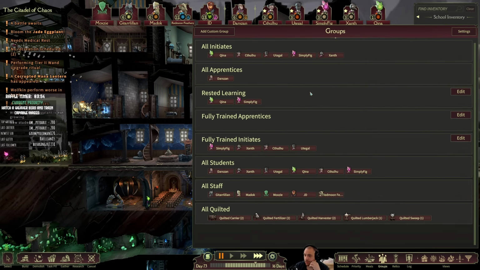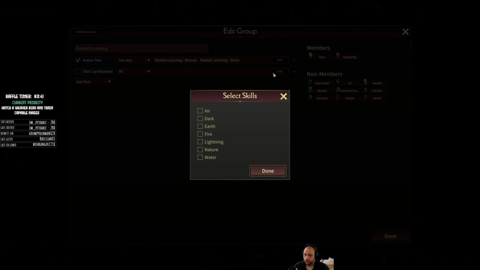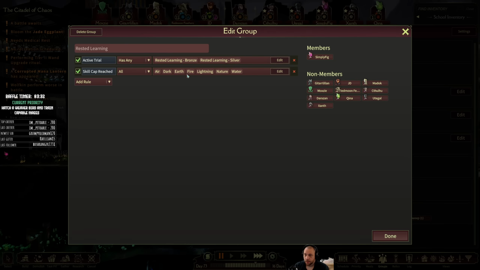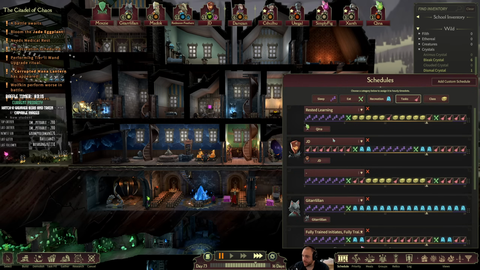Oh, there's actually one more thing I should do in there. Add rule, skill cap, reached, not reached, or all. Right, they don't need a special designation. So skill cap, none of that. Because once they're skill capped, they don't need a rested learning schedule. It doesn't make any sense anymore. So now it's just Kina, or whatever her name's going to be. Alright, and then the actual schedule for rested learning